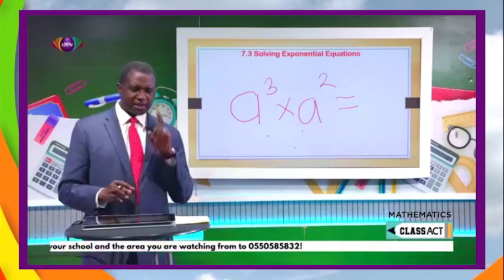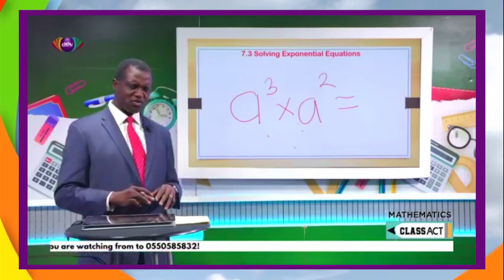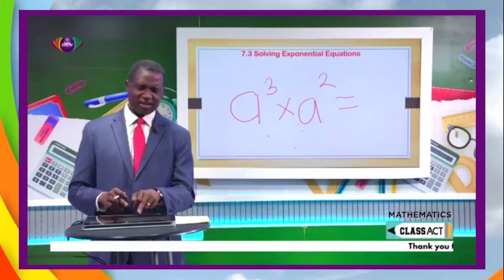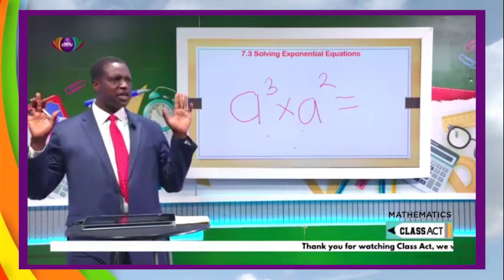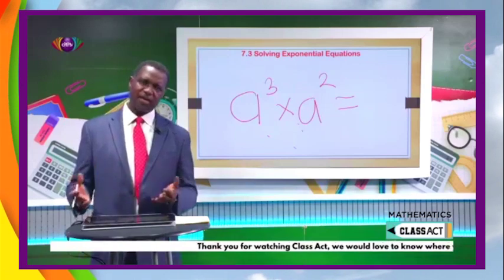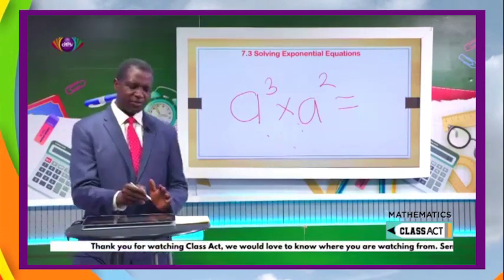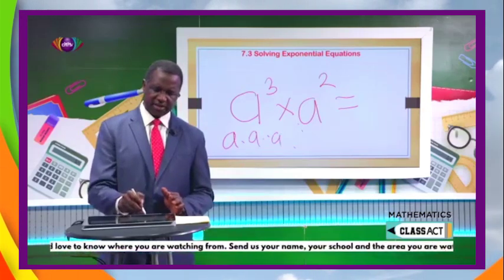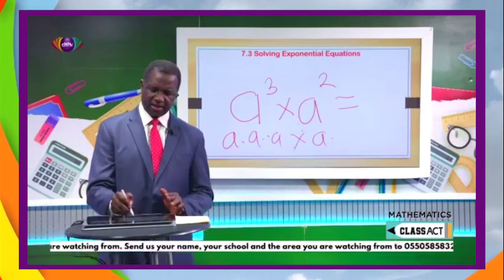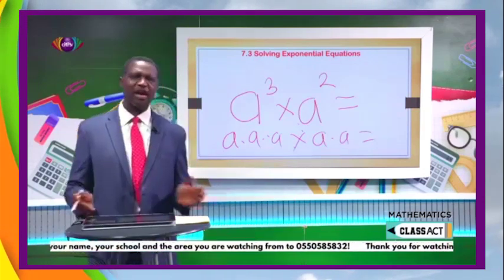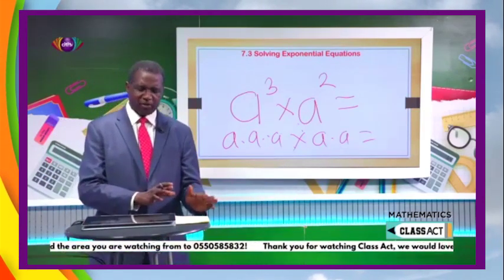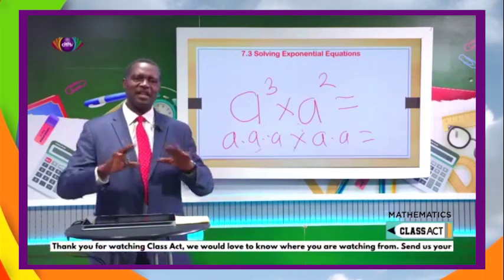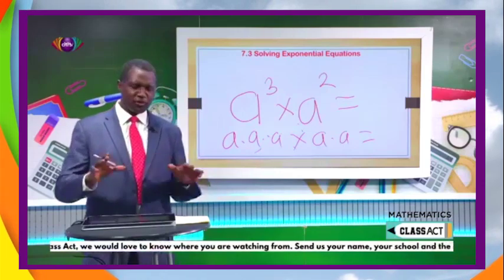5. And sometimes some people are tempted to say, oh, since I'm multiplying a by a, I'm going to also multiply 3 by 2. No, you can't do that. The reason why you can't do that is very simple. There are 3 a's here. So if I expand, I'm having 3 a's on this side, and I multiply a by a. How many a's do I have? Just count. Now we're going back to arithmetic. We're moving from algebra to arithmetic again. Arithmetic never dies. We don't get rid of it. You're always going to use it.